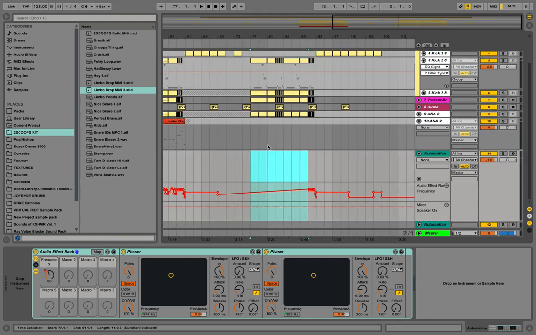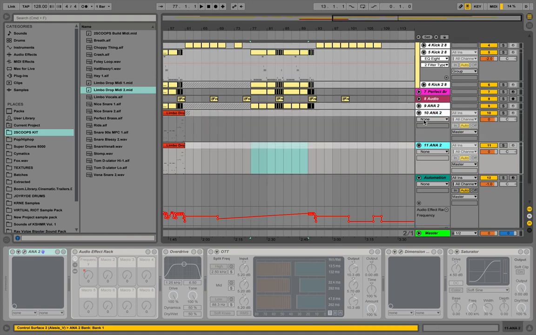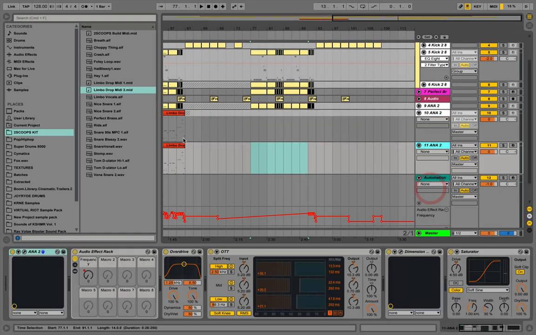All right, so like I said, I'm gonna duplicate the first instance of that drop lead, unfreeze it, and then